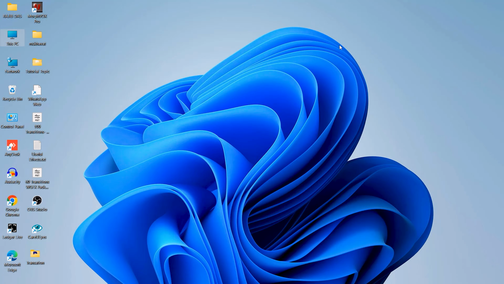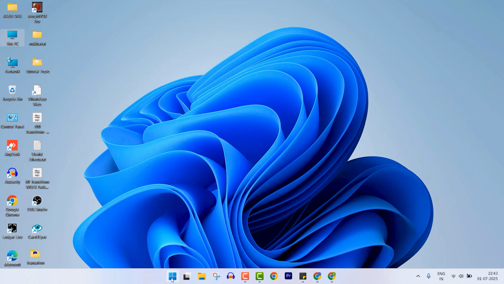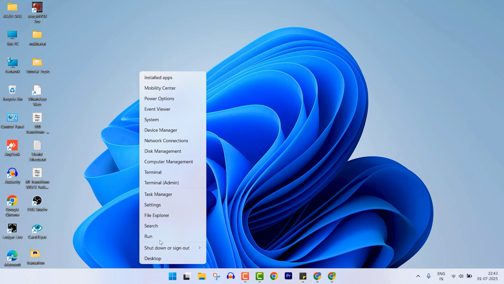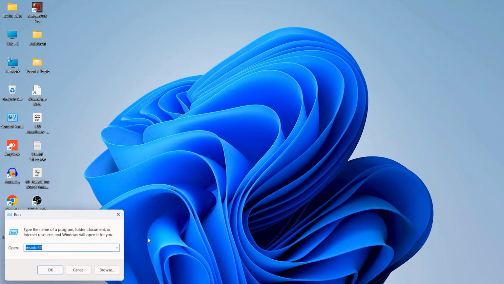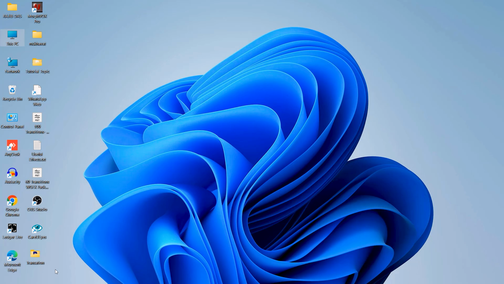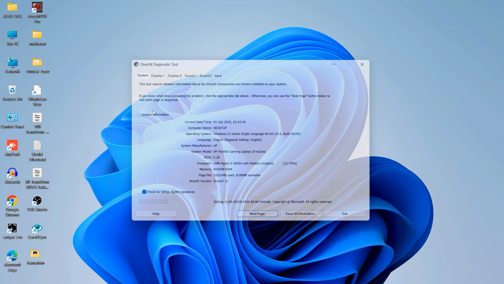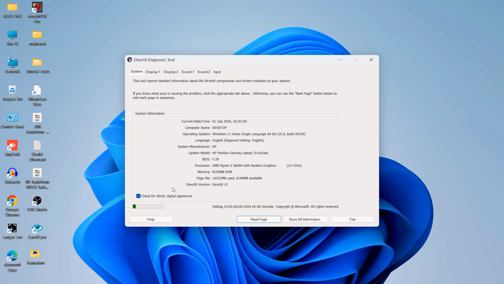Now I will show you how you can check the graphics memory. Just right click on the Start button, then click on Run. Type dxdiag, then click on OK. Okay, so if your system has dedicated graphics, you can see it on Display 2.